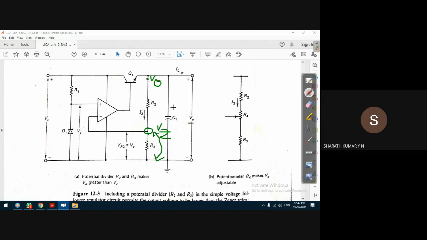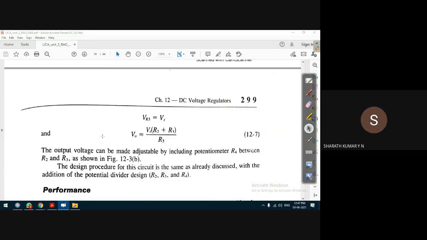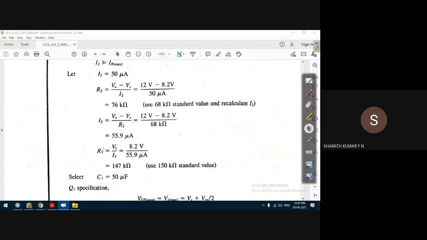So the difference of these two voltages, V0 minus VZ, divided by I2, is equal to R2. Very simple: R is equal to V by I, where V is the potential difference. This gives 76.4 kilo ohms. The standard value is 68 kilo ohms. I think by now we know how to calculate the standard value. So we are taking the lesser value. It is safer, because